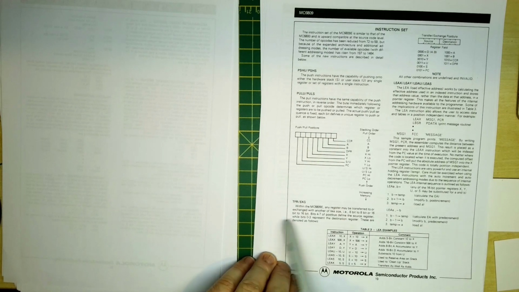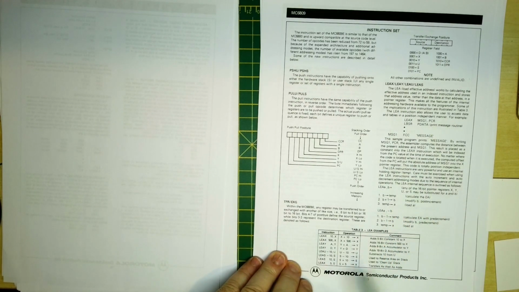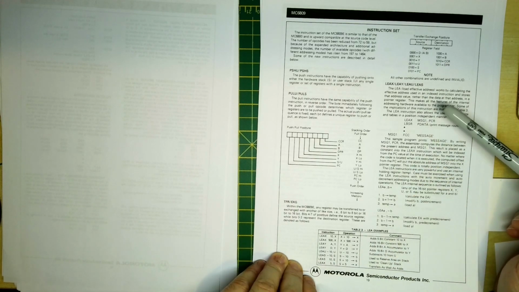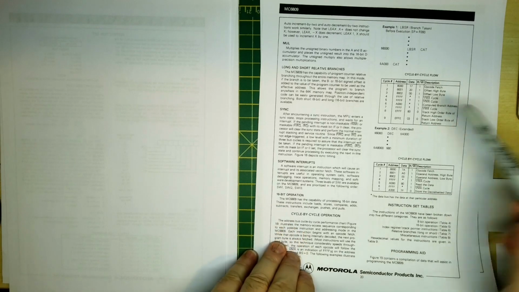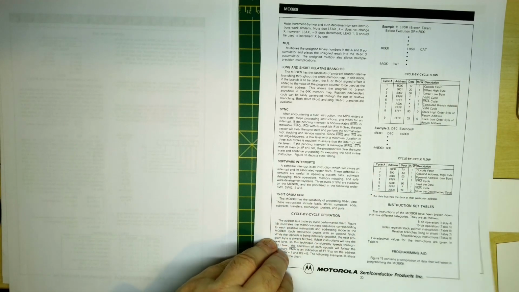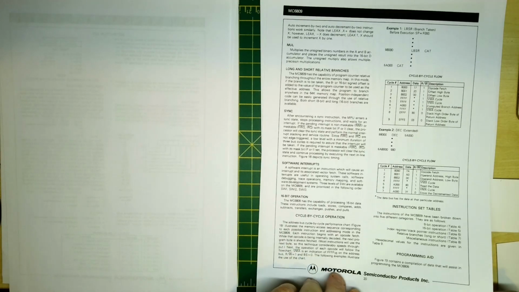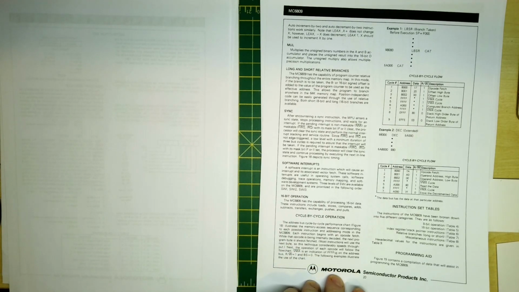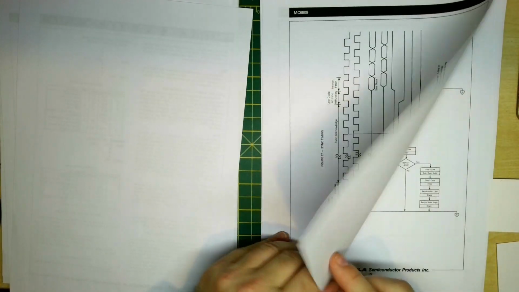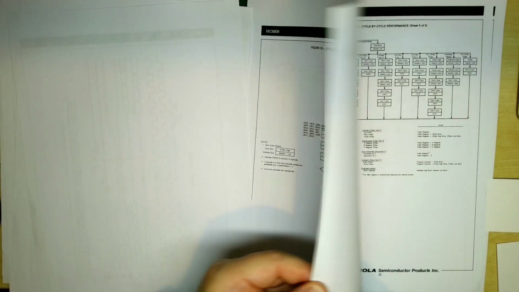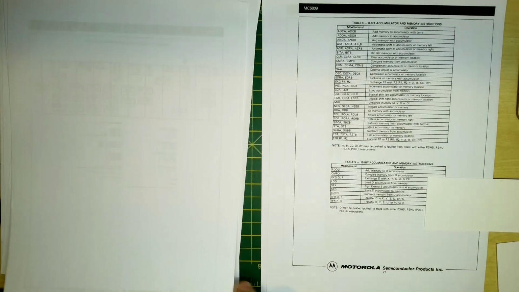There's also instructions for transferring and exchanging register values. The load effective address instructions are quite handy, and we'll come to those in later videos. And then in particular, we've already mentioned software interrupt. The software interrupt instruction allows us effectively to set a breakpoint and go back to the monitor to inspect variables and things. Now, there's quite a lot of detailed information in flow diagrams and things that show how the instructions are actually executed, but we don't really need to go to there.